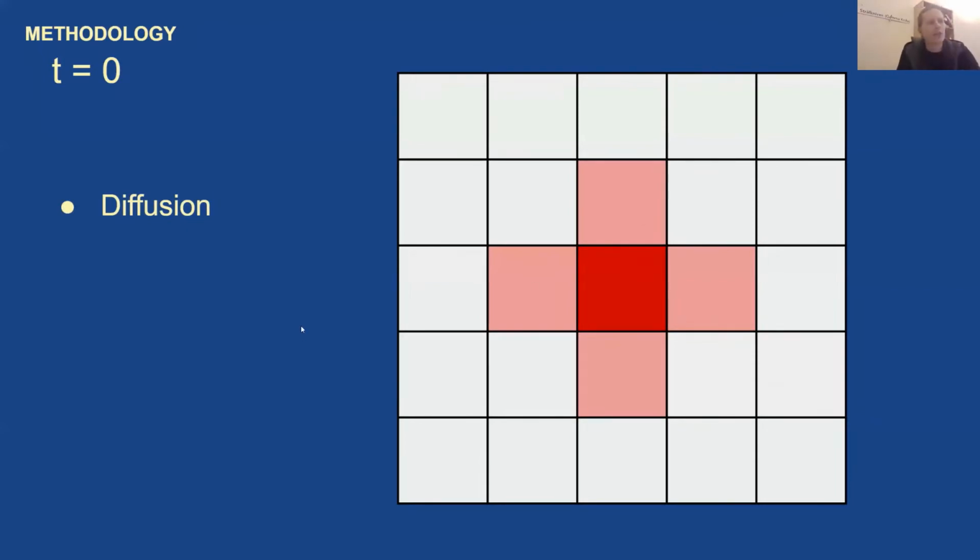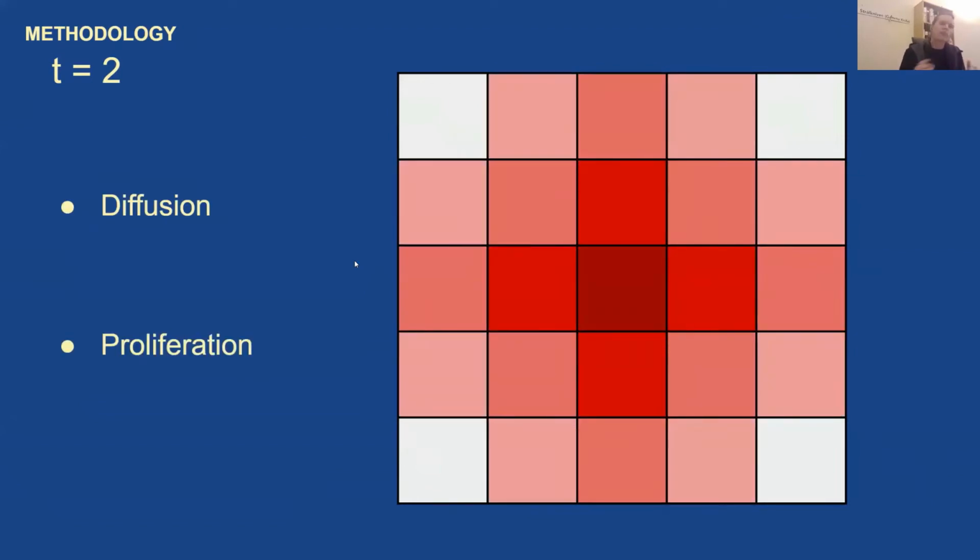Then we do a proliferation calculation. This is just going to increase the number of tumor cells wherever there are already tumor cells. So we can think that they double or something like that. So the intensity changes. So this would be one time step. And then we just iterate this. Diffusion, proliferation, diffusion, proliferation. And this is how we simulate how the tumor is growing and spreading in the brain. Of course, this was in 2 dimensions. To give you an example, we do this in 3 dimensions in the actual simulations, but the principle is exactly the same.